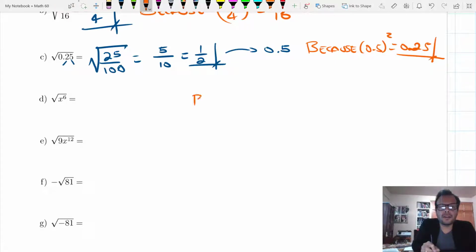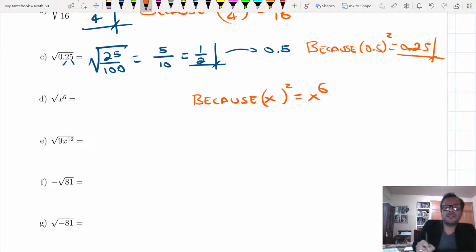So x to what power, squared, equals x to the 6th, right? So in this case, what's the missing power here, right? In this case, it's x cubed, right? So the final answer to this is x cubed,